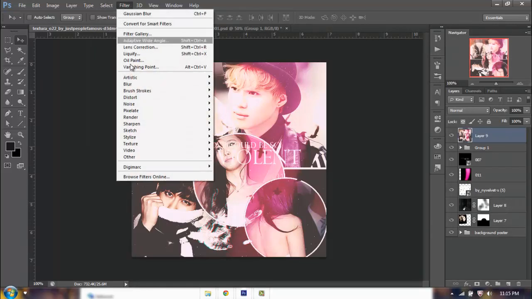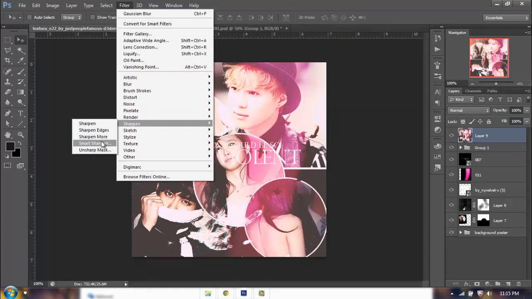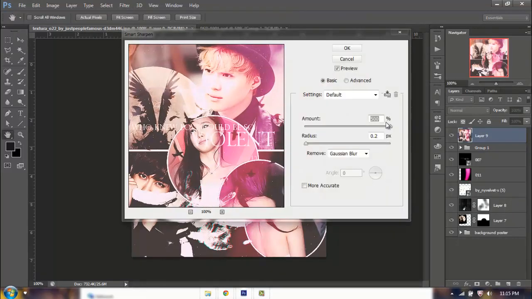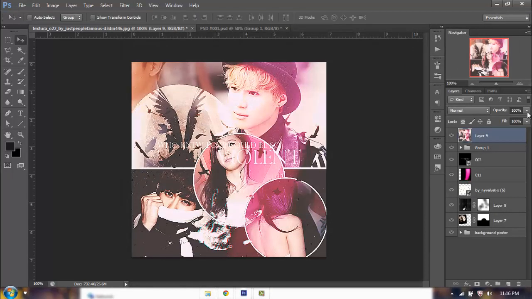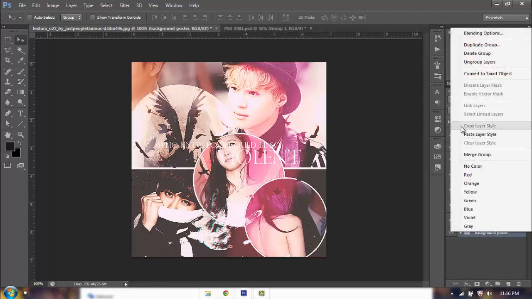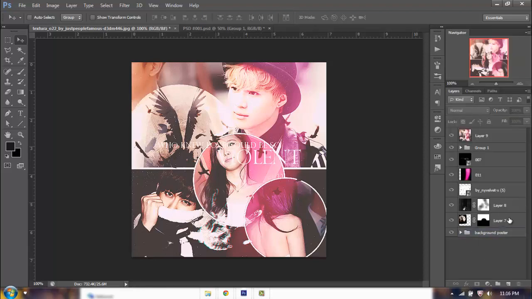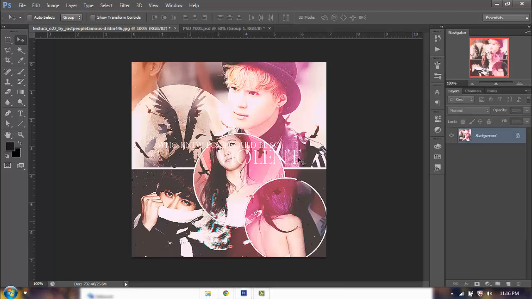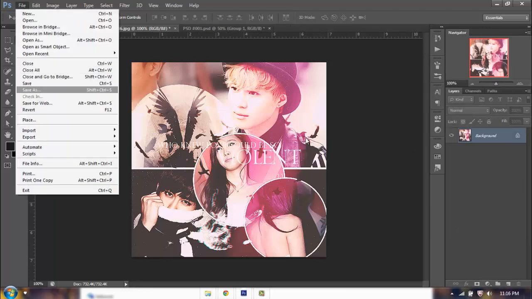And I'm simply going to go to Filter, Sharpen, Smart Sharpen, and I'm going to have my amount at 500 and my radius at 0.3 to sharpen it like so. And I'm simply going to lower my fill to 50. And if it's a bit soft, you can adjust your fill however you see fit, and we're done. So basically just right click and merge group, or just flatten image, and then you can file and save as,